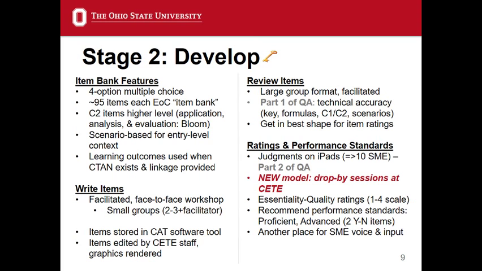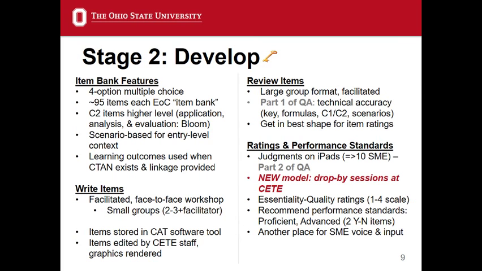The first part of QA is a large group review. It's facilitated by folks like Kara and other facilitators on staff. The goal is to ensure technical accuracy of the item. Is the keyed answer actually correct? Is there another correct answer? We need to modify it and make it wrong. Are formulas accurate? Is the C1 or C2, lower level and higher level, classification accurate? And are the scenarios needed for providing an answer to the item? This is where we get the item bank in the best shape for item ratings, and that is part 2